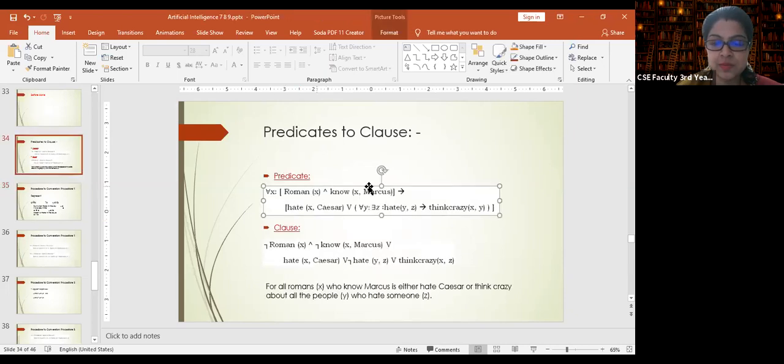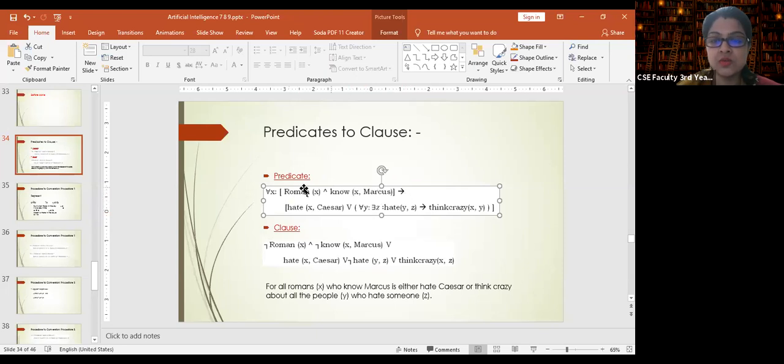If we apply the first rule in the given sentence, first we have to see how many implication signs there are. If implication signs are there, then we have to identify the corresponding part A and part B. Two implication signs are there. Here the part A is what comes within the third bracket on the left-hand side of this implication sign, and part B is what comes within the third bracket on the right side. So this is part A and this is part B.